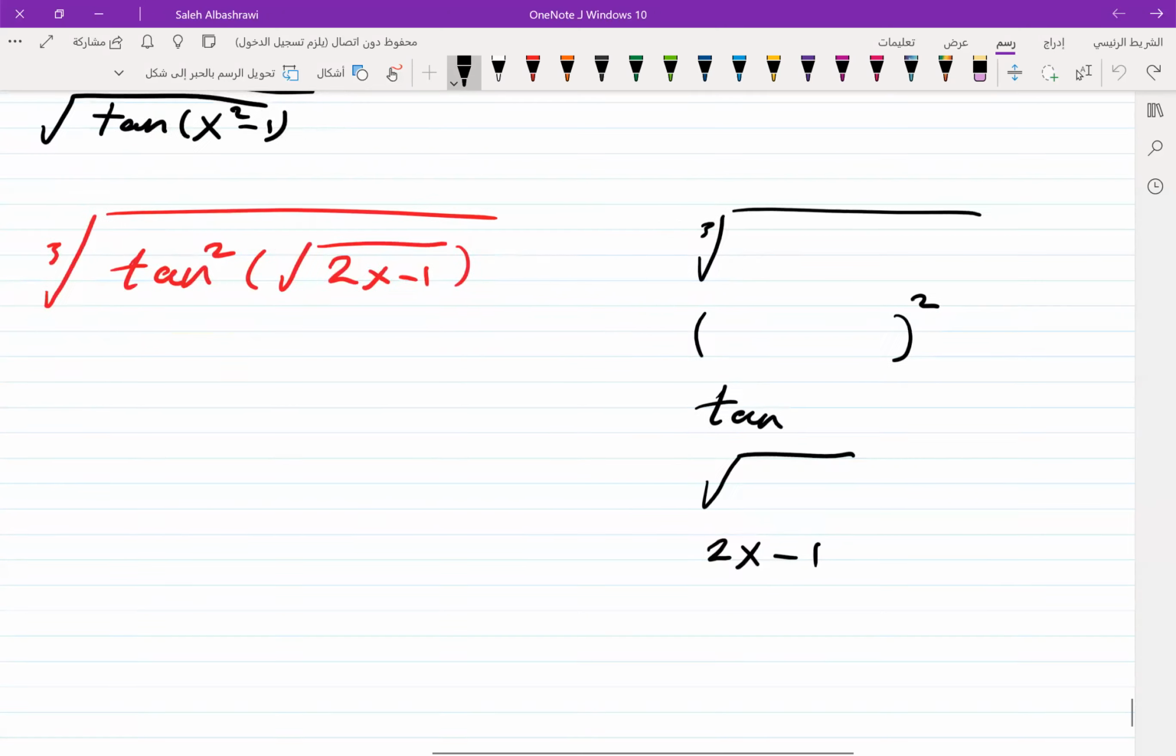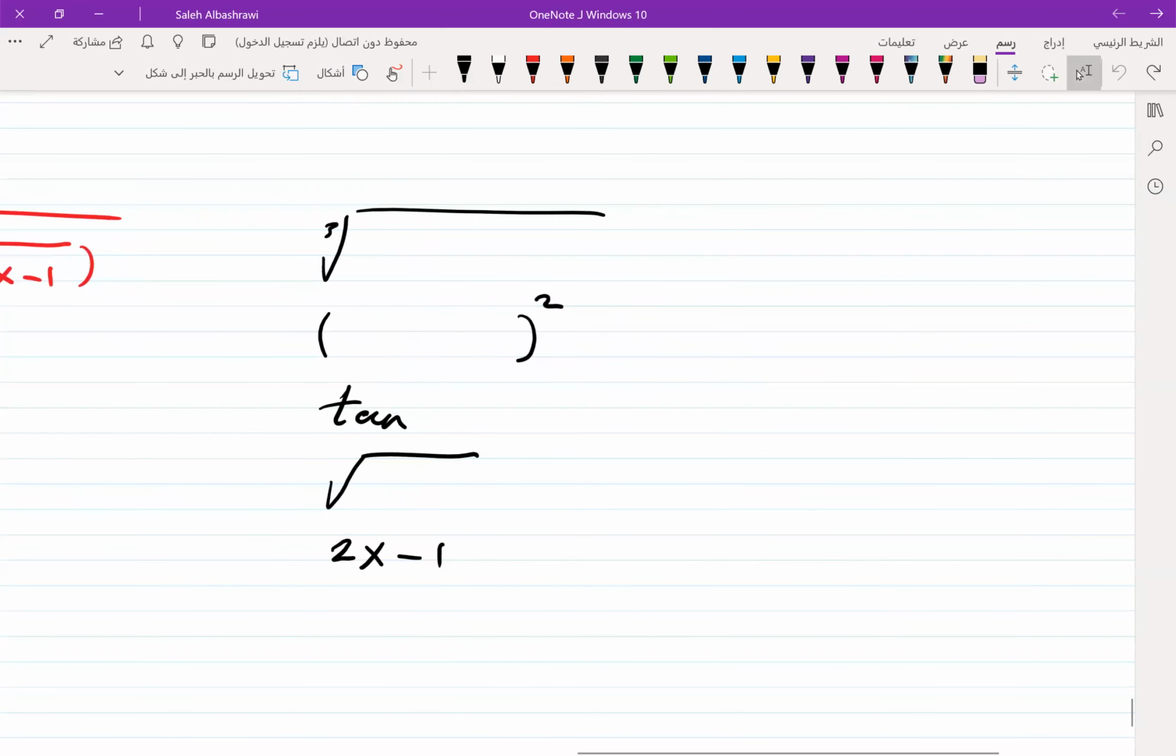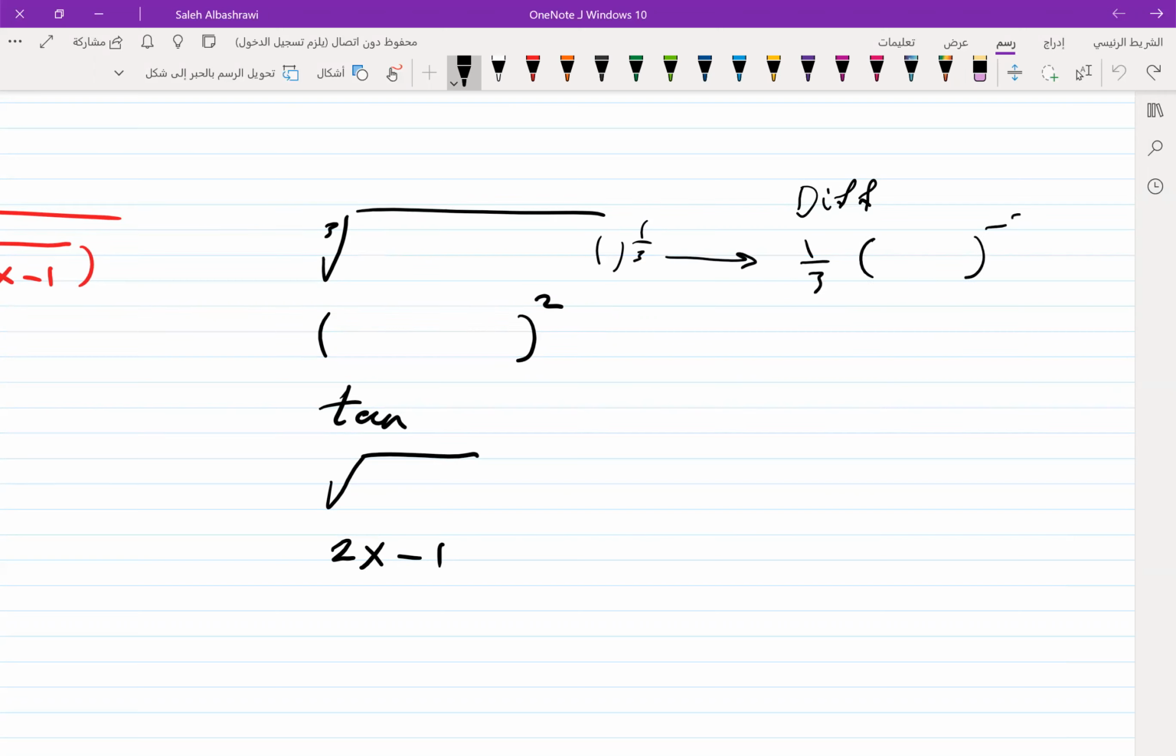So it means I must have 5 derivatives. The first one, if we differentiate, this is 1/3 to the power 1/3. So the derivative is 1 over 3 to power minus 2 over 3. This is the derivative of the first function, third root of x. It is power 1/3. If we differentiate it, it will be 1 over 3 multiplied by bracket 2 power minus